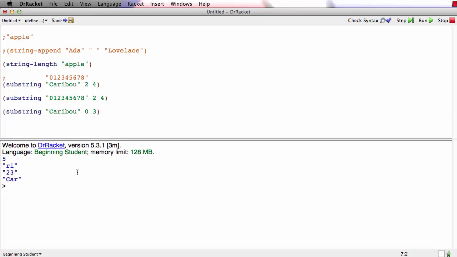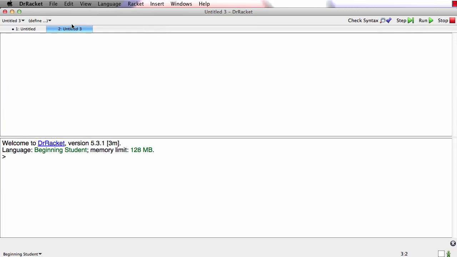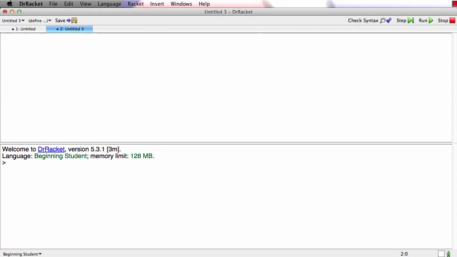Okay, that's some basics about strings. What I'd like to do now is go look at some basics about images. So what I'll do is I'll make a new tab. And DrRacket has lots of different kinds of image functions. In order to tell it that we want to use the ones for this course, we're going to type at